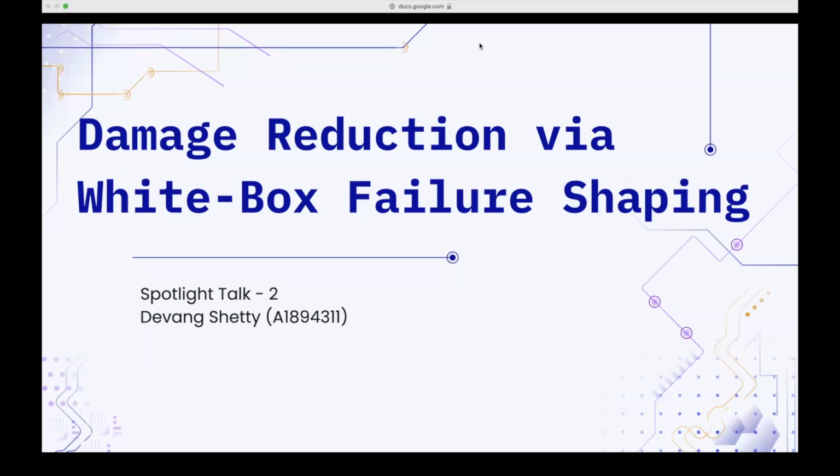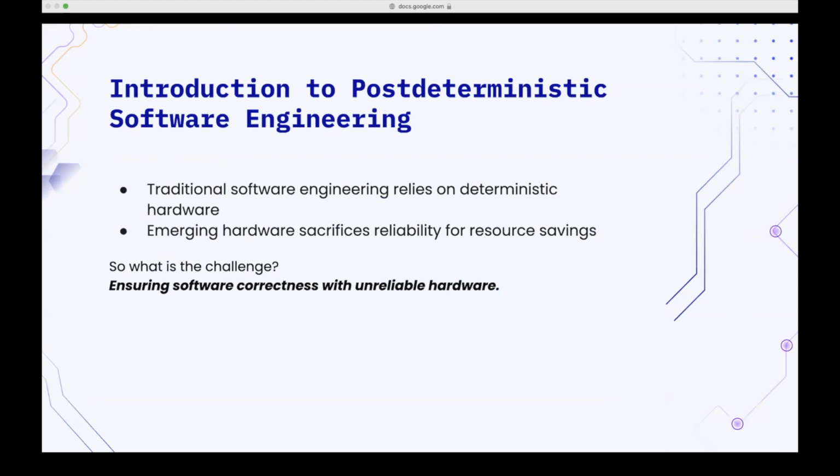Hey guys, I'm going to be giving you a spotlight talk on damage reduction via white box failure shaping. So, an introduction to post-deterministic software engineering. First, we need to understand what the basic core principle in software engineering was and what it is now emerging